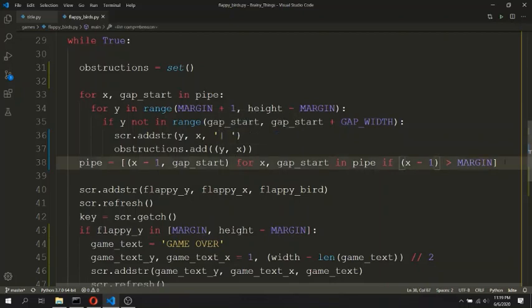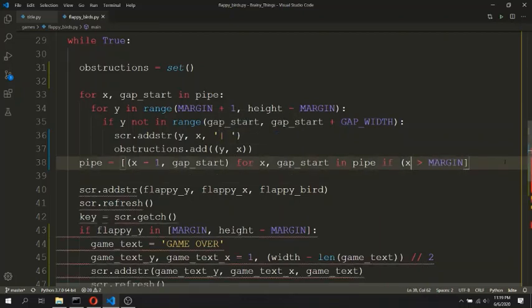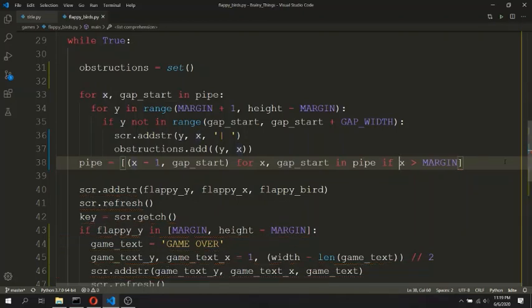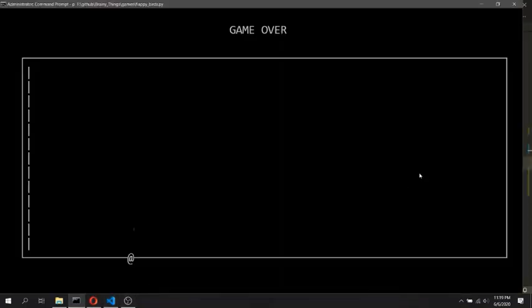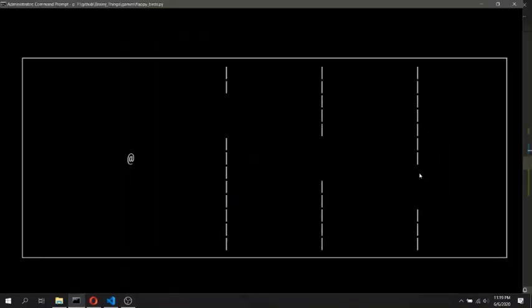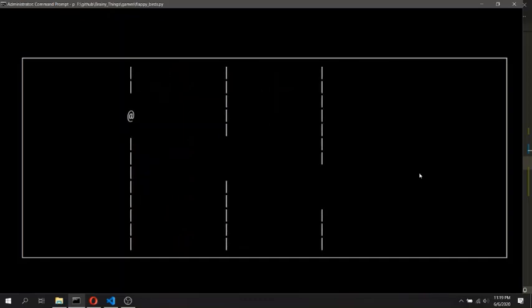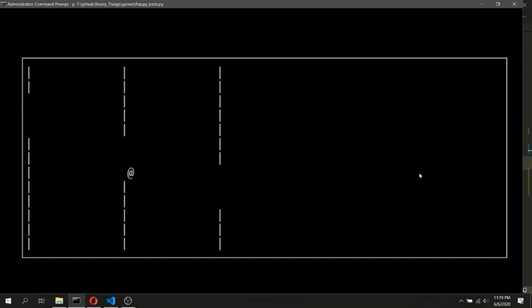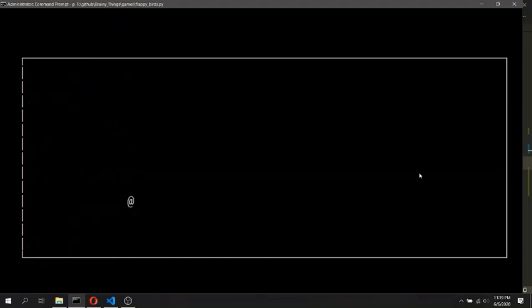So we should let these pipes go one more space to the left. Let's see if that will make sense. Yes, the pipes are disappearing at the left margin, and there are only 3 pipes in this game right now.